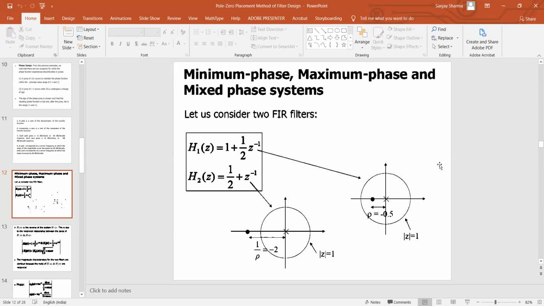All right, so this is known as reflecting the zeros, reflection. If you have a zero here and take the reciprocal, you get this system where the zero is outside the unit circle. A zero outside the unit circle is no problem as far as the stability of the system is concerned. But poles going outside the unit circle will definitely lead to instability. So this is known as reflecting the zero. These two systems are reflections of each other basically.